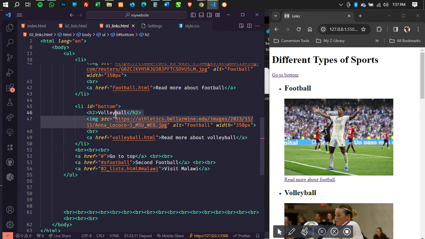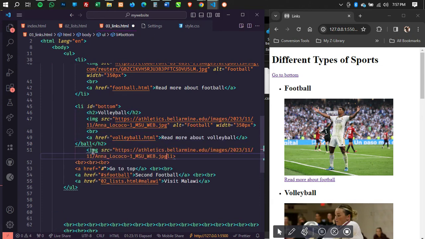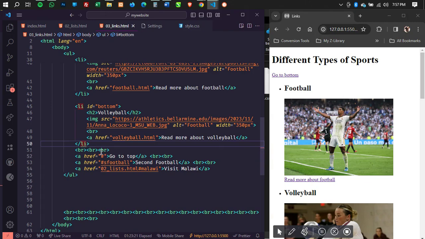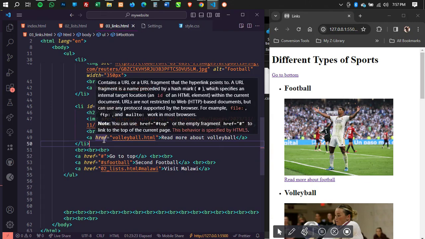For example, let me paste this here and see what happens. You realize that everything is just messed up. I don't know if that's the exact problem you faced, but before I can give you any direct answer, I have to look at the particular problem and then maybe we can solve it.